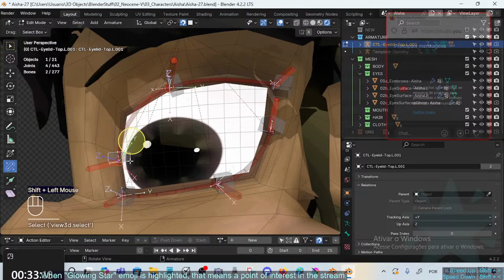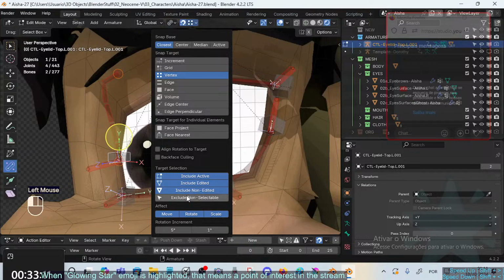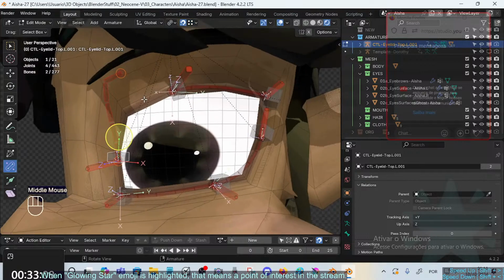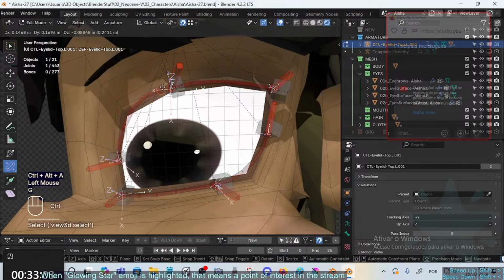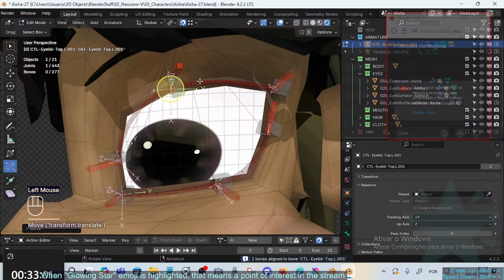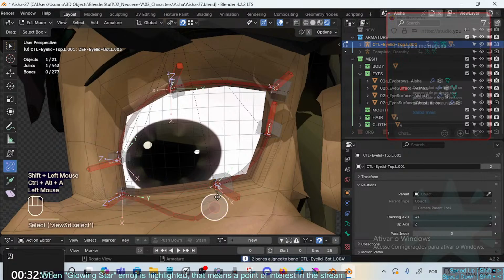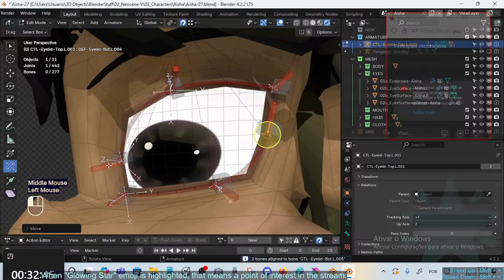So now for the bendy bones, the idea is we pick the bendy bone, we pick this, and we snap this time to vertex. Don't want to include non-edited. So now I've aligned the bendy bone to the handle, and now I'm going to just snap it there. Same here, align the bendy bone here, then snap it here, then align the bendy bone here, snap at the head, align this one with its start handle, and snap to the head of its end handle, and there we go. Then for these ones I'm gonna just remake this, so align,